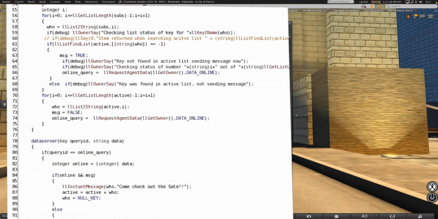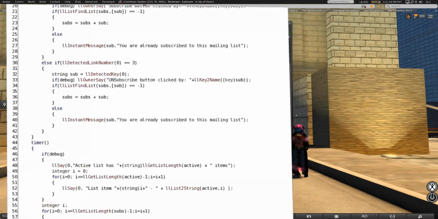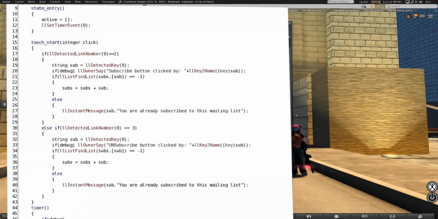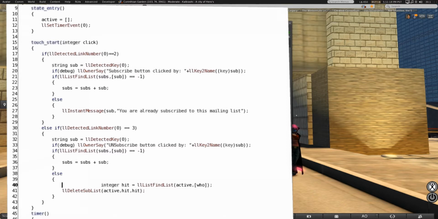And we're going to use this bit of code that was created for removing somebody from the active list. And instead of running the active code,